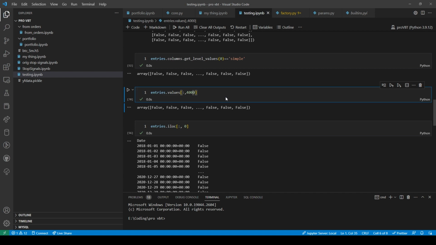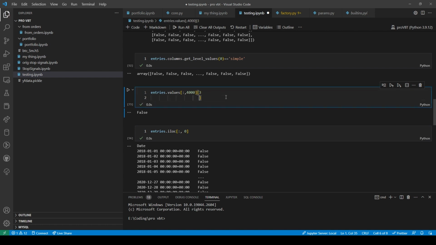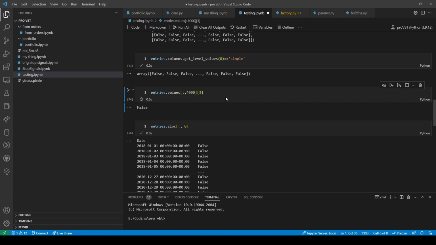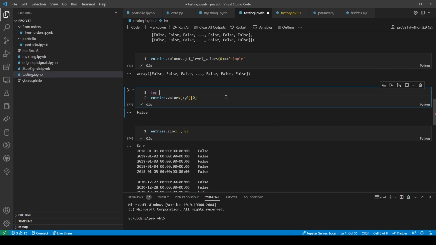That's how. So we want to get all of the row values for 4,000, and then we'll do 0. And then we'll do 1. Then we'll do 2. Then we'll do 3. Oh my god. And then here we'd have to do 0. Oh my god. So here I guess it would have to look like 4.